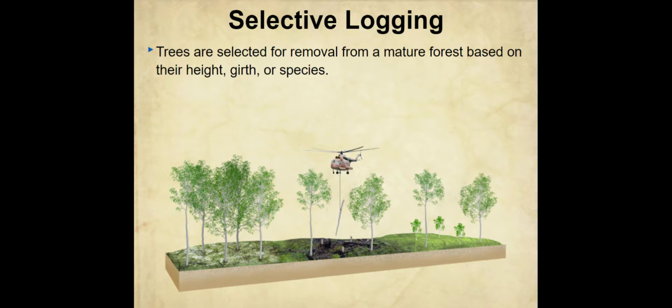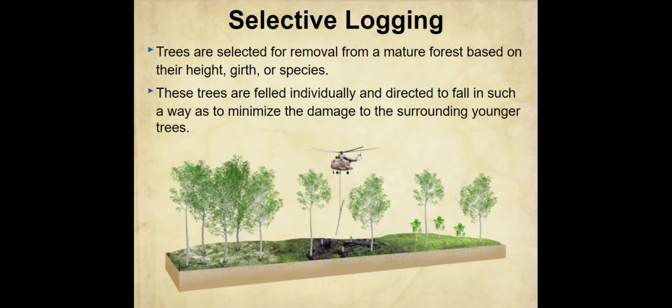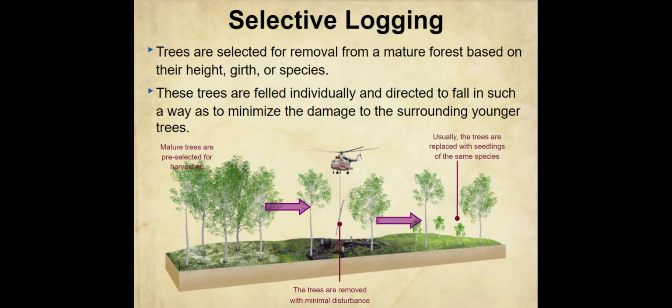And so what they're going to do is go in and look for the pecan trees. They'll get people in on the ground to cut it. They make sure that it falls in such a way that it minimizes the damage to the surrounding younger trees. They want to preserve that ecosystem. And then the trees are removed with minimal disturbance, usually with helicopters. And then you have that continual regeneration of young seedlings, whether they're planted or it's just naturally done in the